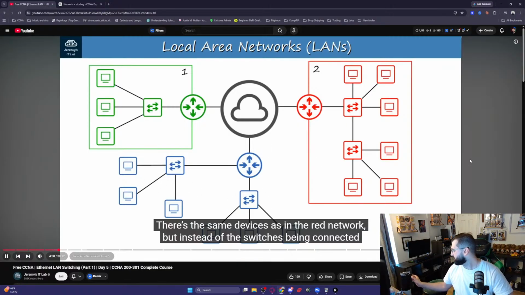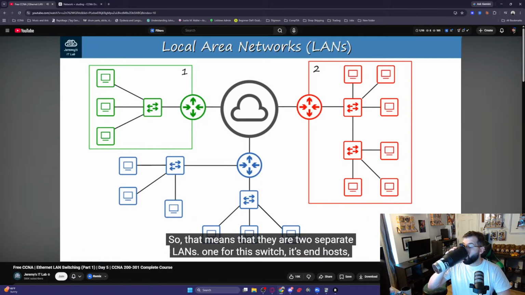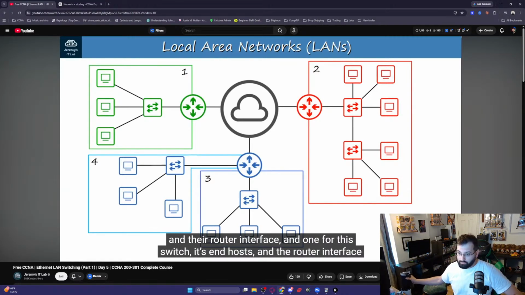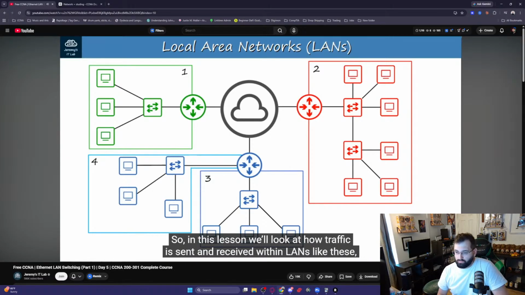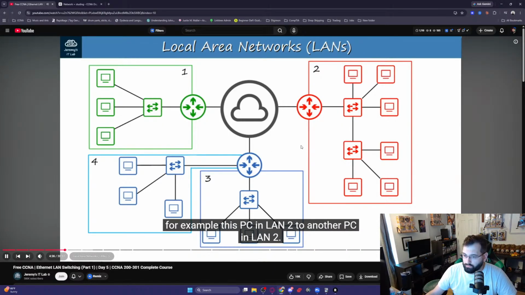There are the same devices as in the red network, but instead of the switches being connected to each other, they are connected to different router interfaces. So that means they are 2 separate LANs. One for this switch, its end hosts, and their router interface, and one for this switch, its end hosts, and the router interface they connect to. So in this lesson, we'll look at how traffic is sent and received within LANs like these. For example, this PC in LAN 2